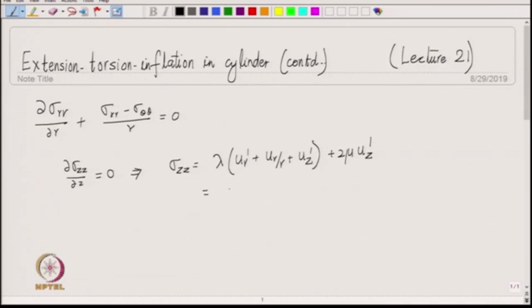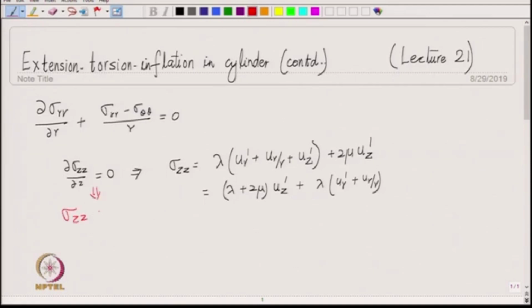So, we could also write this as lambda plus 2 mu u z prime plus lambda times u r prime plus u r by r. Okay. But because del sigma z z by del z is 0, that means sigma z z has no dependence on z, right. So, this means